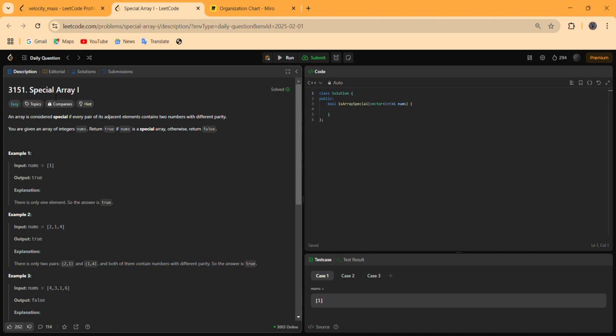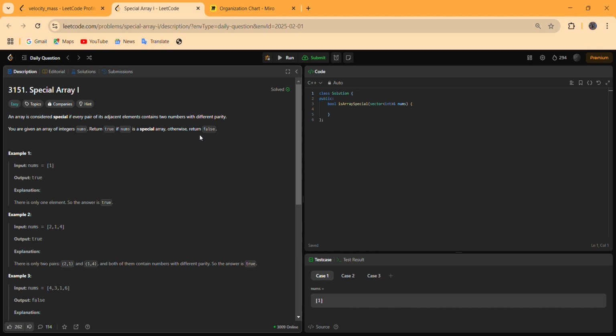First, the type of this question. An array is considered to be special if every pair of its adjacent elements contains two numbers with different parity. We are given an array of integers called nums, and we have to return true if nums is a special array, otherwise we have to return false.